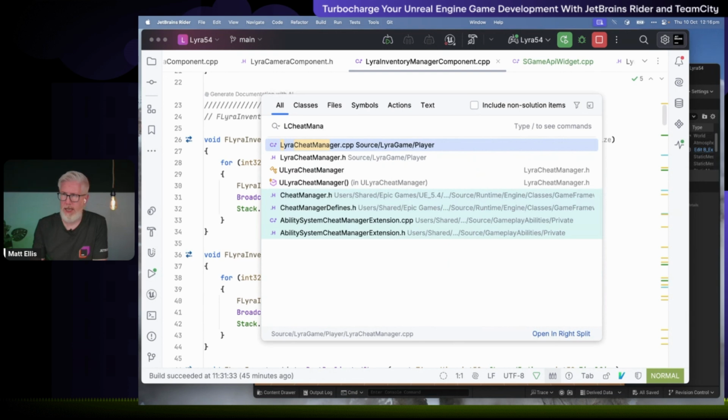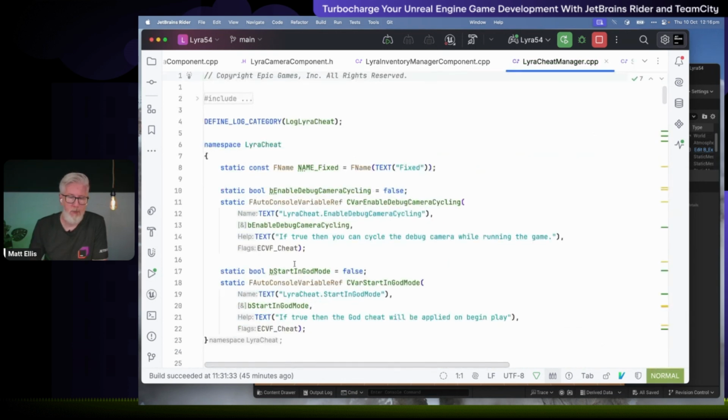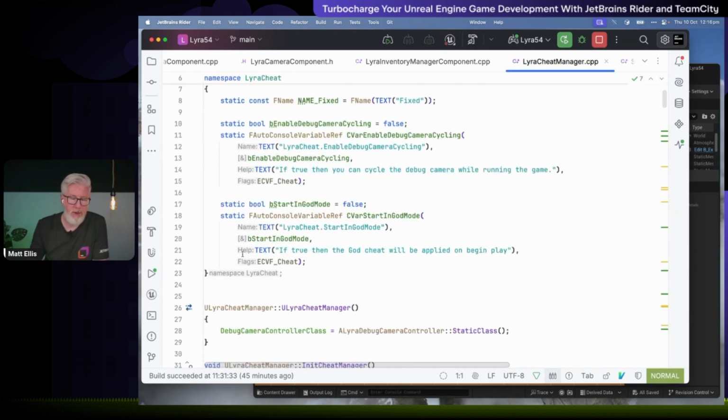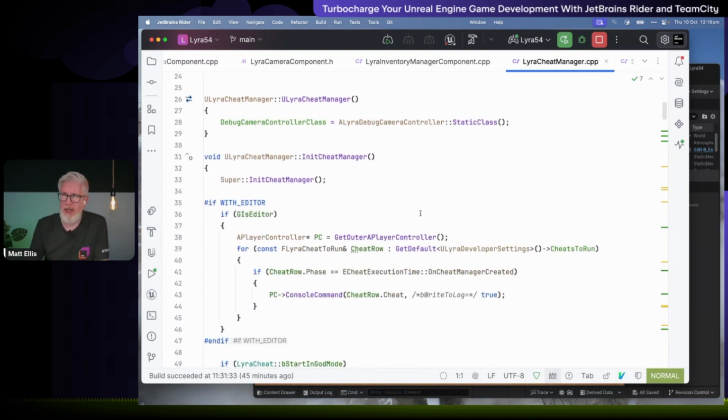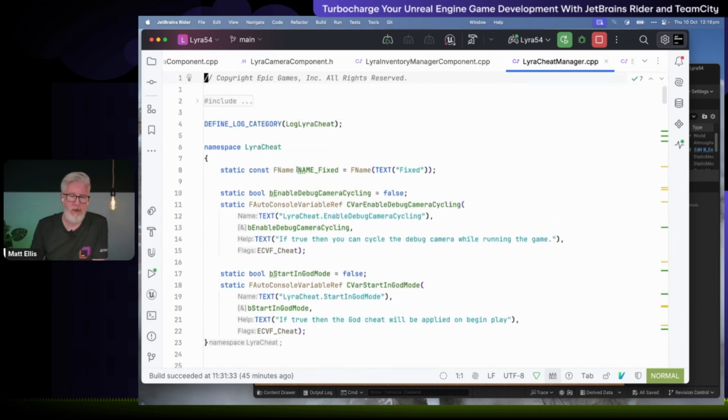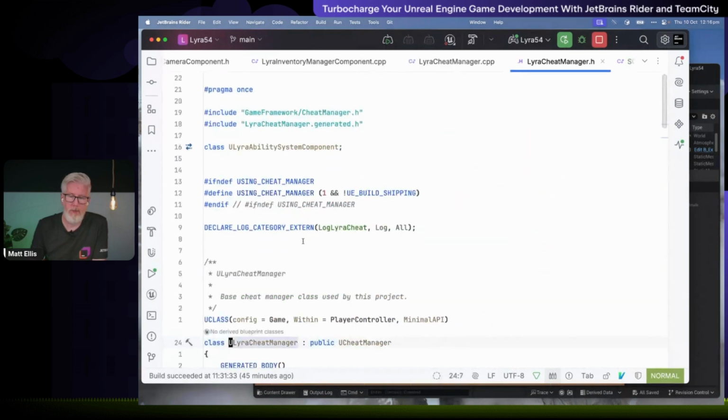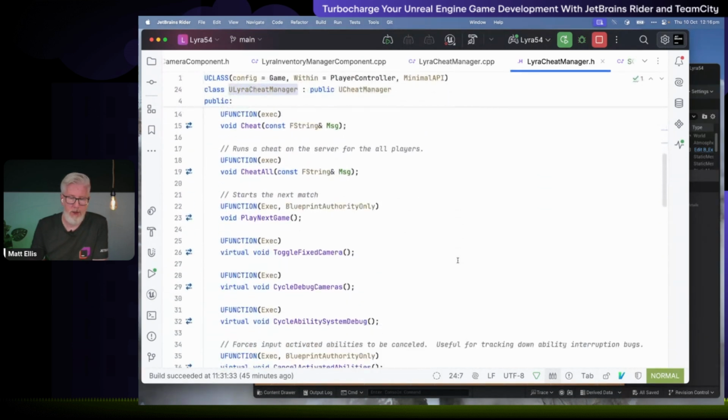We can go and see a few other things. Let's go to the cheat manager. And we've got a few more items being shown here with the parameter names, which is useful. We've got things to show us when you're at the end of a namespace, which is good. And if I actually go, let's go to the header file there, because